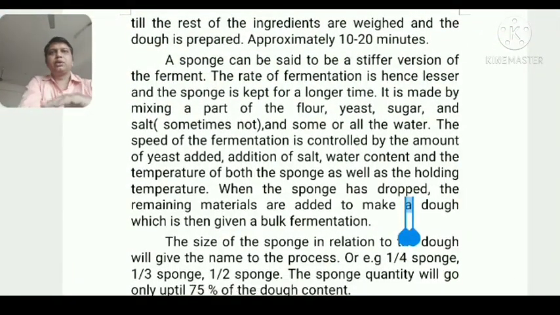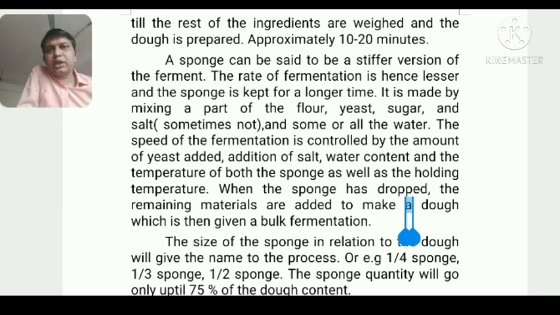It is different from the first process, the ferment and dough process. In a sponge and dough process, what they do is make a sponge, which has a much better texture than the other one, which is a bit firm and a bit hard. In that, they use 75% of the refined flour, yeast, sugar, water, milk and fat content, and